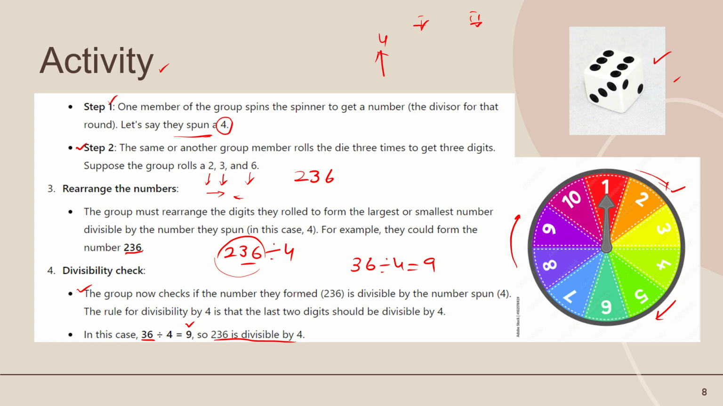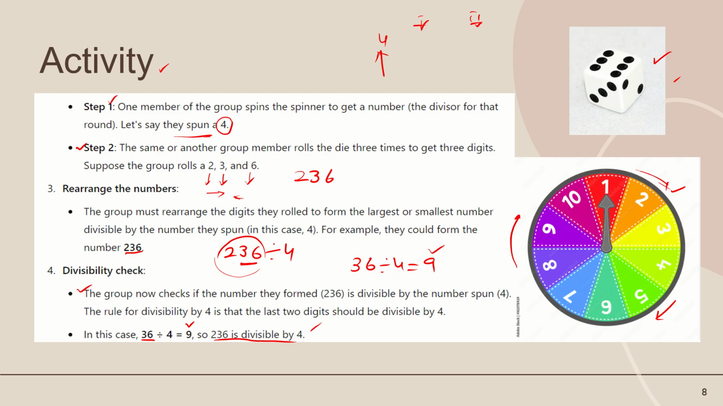Okay, so we have divided 236 by 4. How can we check the divisibility for 4? Divide the last two digit number by 4. If it divides completely, then 236 will be divisible by 4. So I recommend that you perform this activity at home, okay,